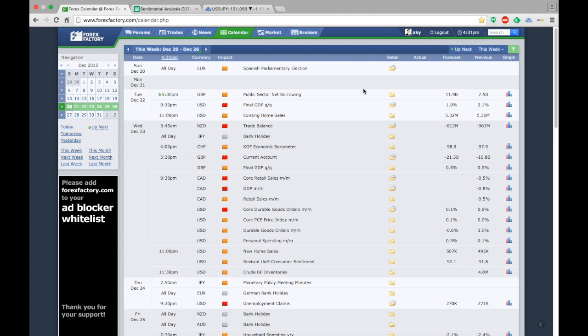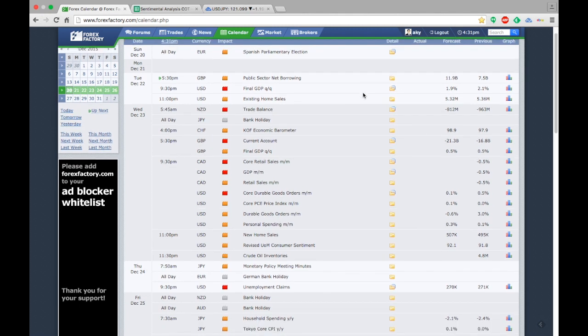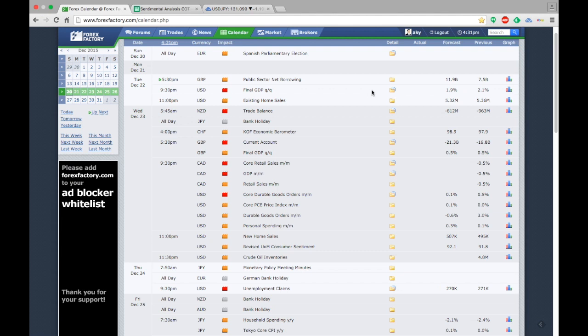First off, for next week the news calendar is very light, because we are heading into the end of year period together with the Christmas holiday session. All the news events on the calendar will happen within Monday to Wednesday. Monday itself doesn't have any news, so the key data is mainly on Tuesday and Wednesday.